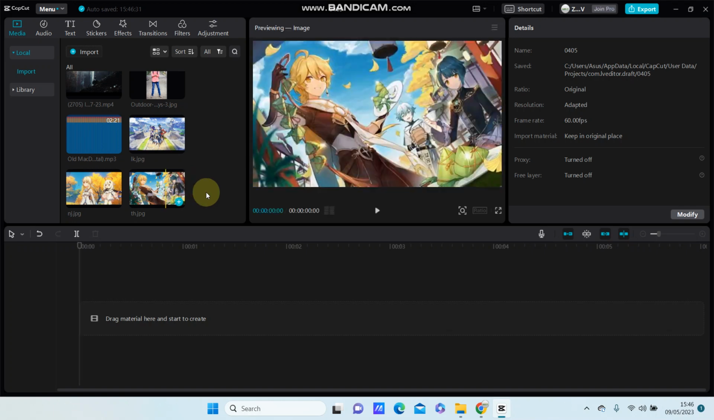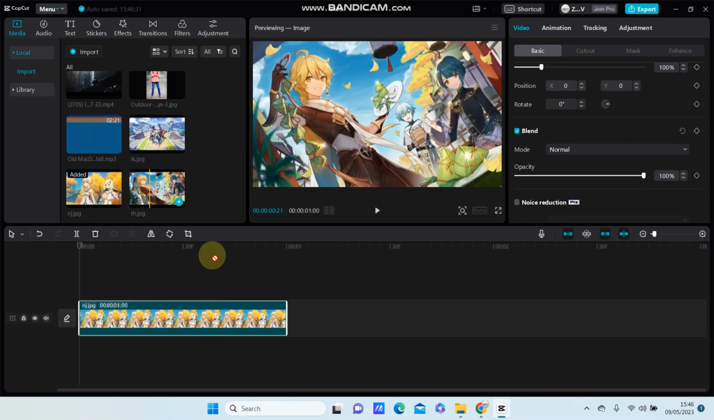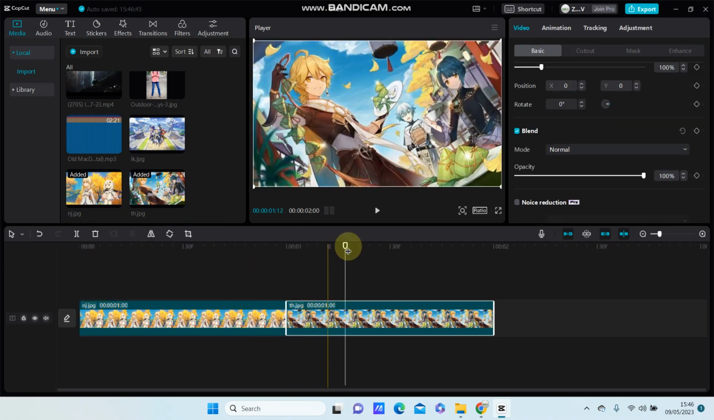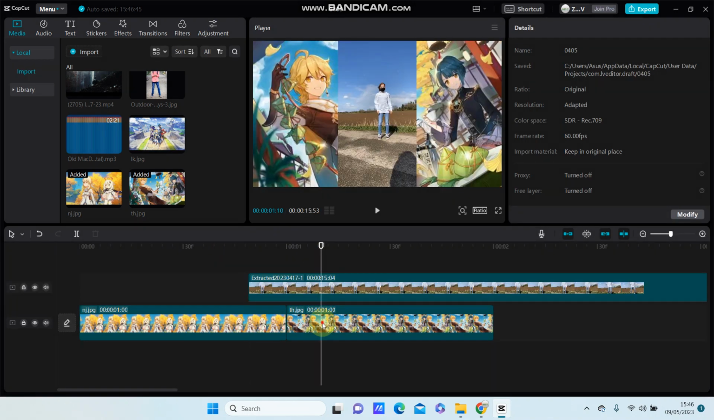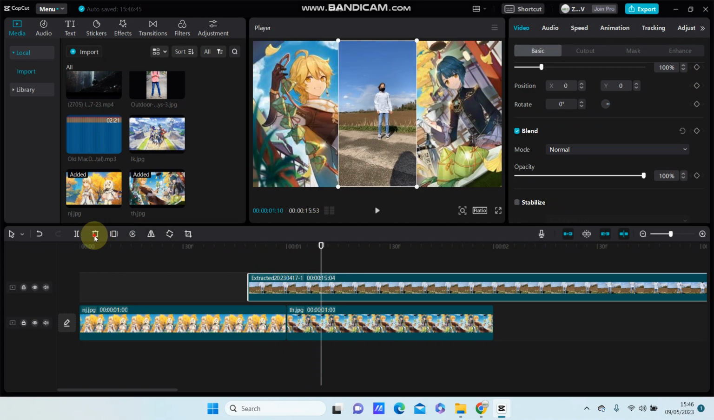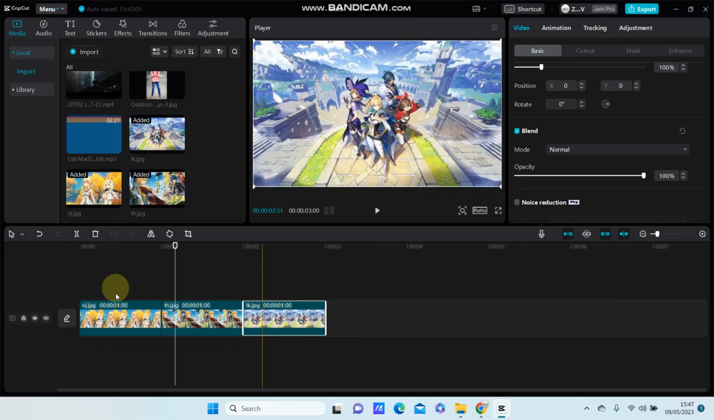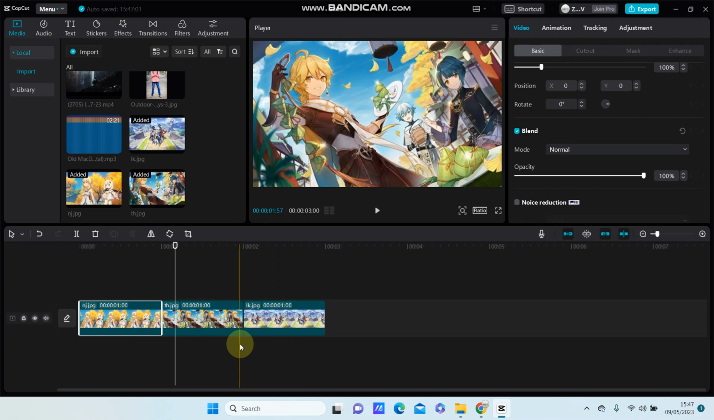Right, going to select these images. You can see for one clip, 1 second, and you can see the images in the same lane. Alright, that's how you can set the image duration in